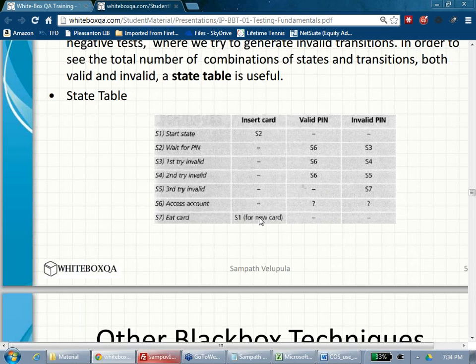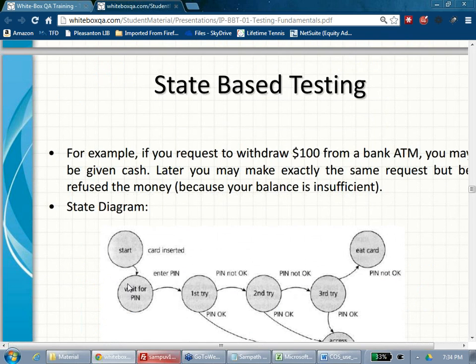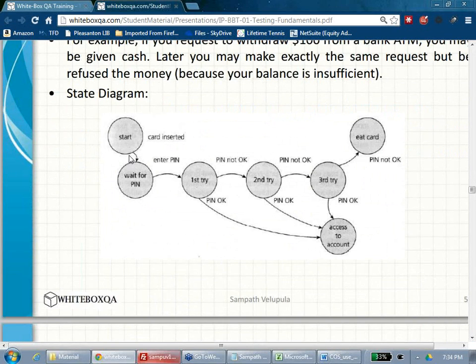Generally, you need to know what the states are first. So this is S1, S2, S3, S4, S5, S6, S7. Starting is state S1 and waiting for pin is S2. If you give an invalid entry, that is S3. If you do that again, it's S4.